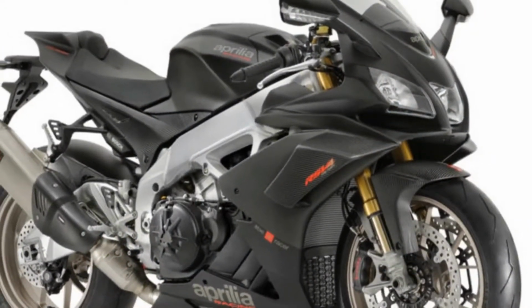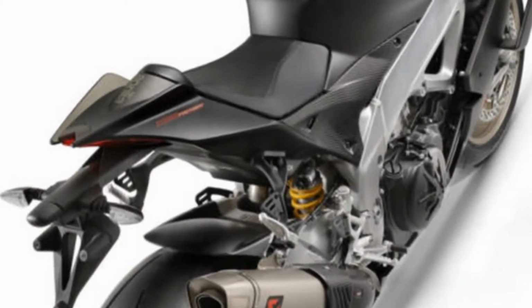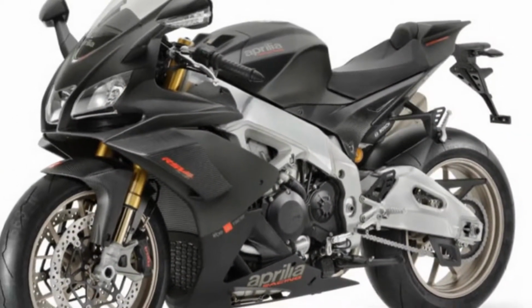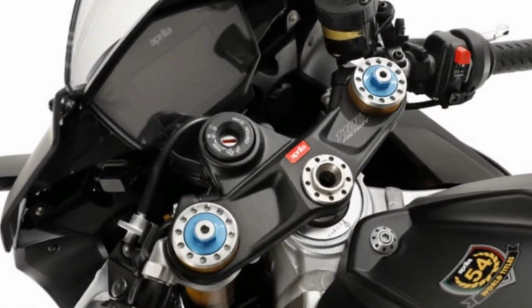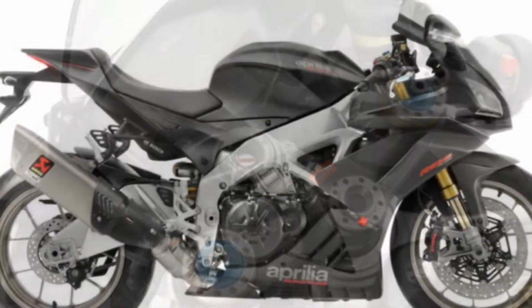The main chassis itself remains unchanged in the aluminum twin spar design, but there are beefier steering head bushes and steering offset reduced by 2 mm to bring the front wheel closer to the rider, resulting in a 4 mm shorter wheelbase. Braking is taken care of by Brembo 4-piston Stylema calipers, which now supersede the M50 Brembos found